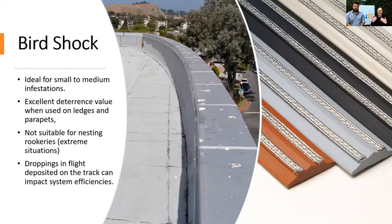What we did once with a significant nesting rookery, we used bird shock around intervals, both on the roof ridges and the parapets and leading edges and so on. And we were able to deter the silver gulls off that particular roof. But the roof either side of that was unprotected. We realized after a while that silver gulls spend a lot of time in the air, and when they're depositing their droppings directly onto the track itself, over time the track's going to be overwhelmed, damaged and wrecked. And so that track had to be taken off every 3 months, cleaned, and then reinstalled,